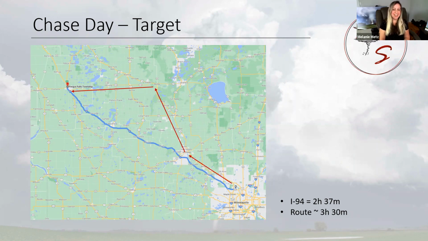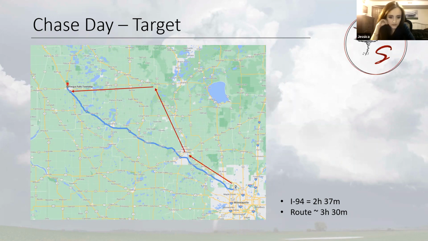And we were still kind of curious what's going to happen with that morning convection clearing out. We didn't feel like we were in too much of a rush because it looked like storms were not going to develop until a little bit later in the afternoon, closer to 5 or 6 p.m. So we didn't feel too rushed to get to our target. We knew we needed to get north and west. And honestly, I did want to just head up 94 towards the Fergus Falls area.